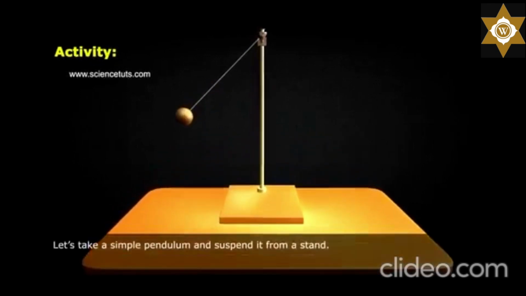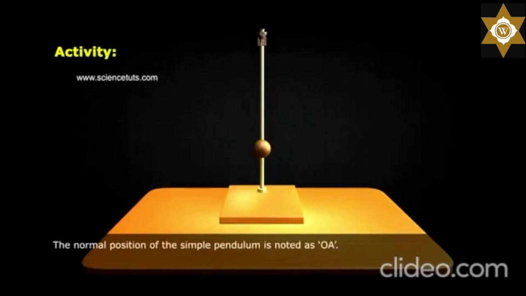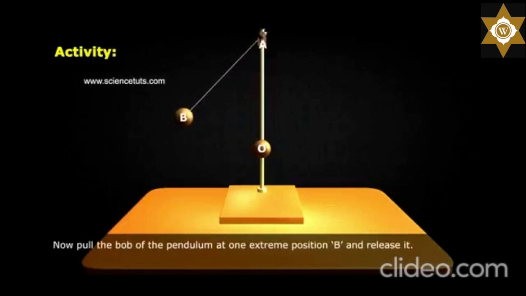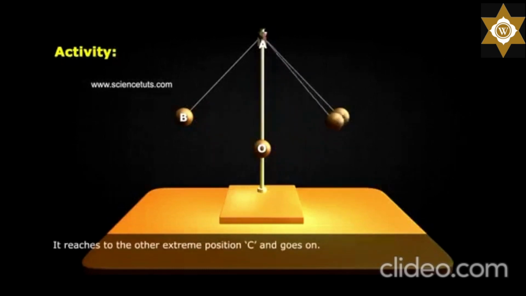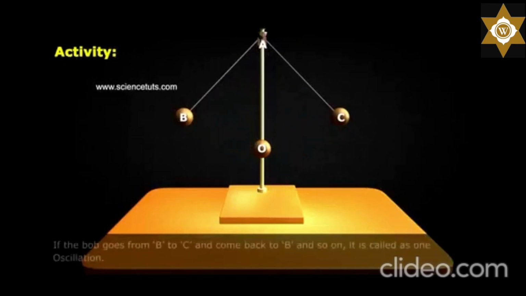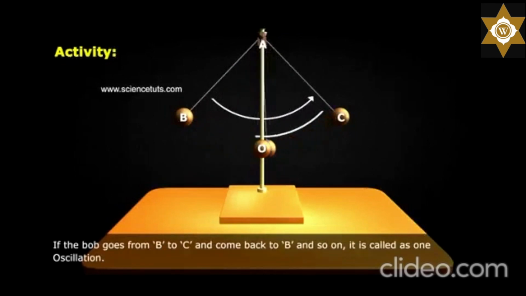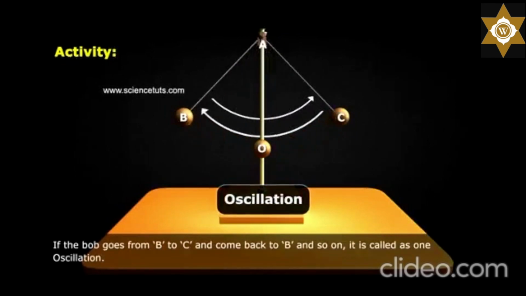Activity. Let's take a simple pendulum and suspend it from a stand. The normal position of the simple pendulum is noted as OA. Now, pull the bob of the pendulum to one extreme position B and release it. It reaches the other extreme position C and goes on. If the bob goes from B to C and comes back to B and so on, it is called